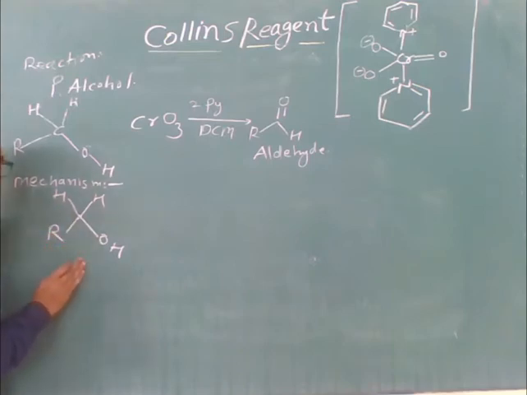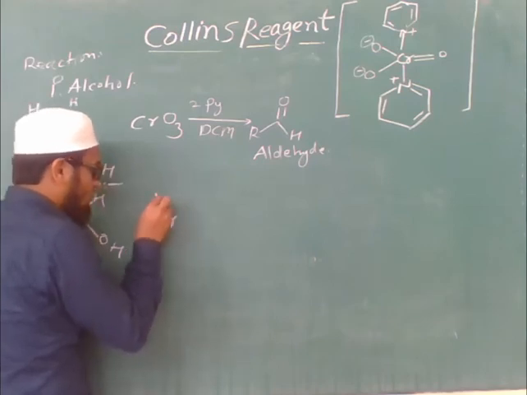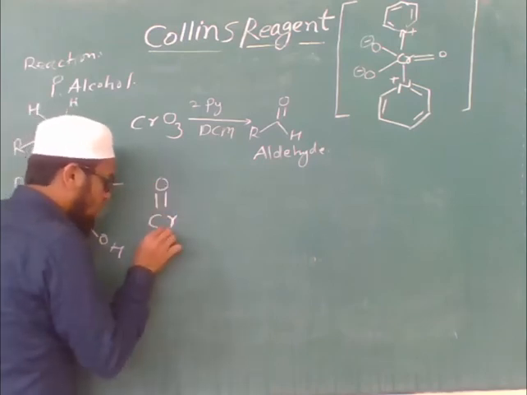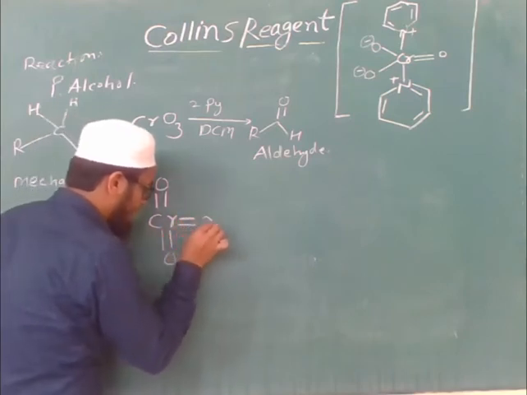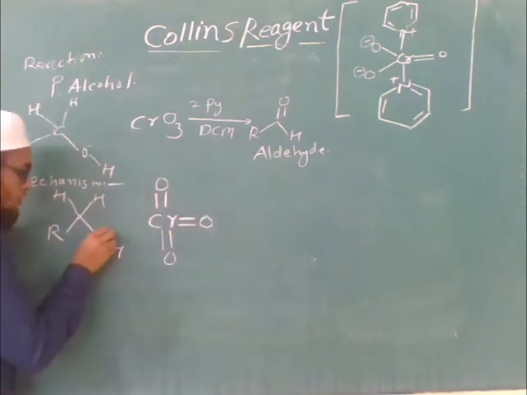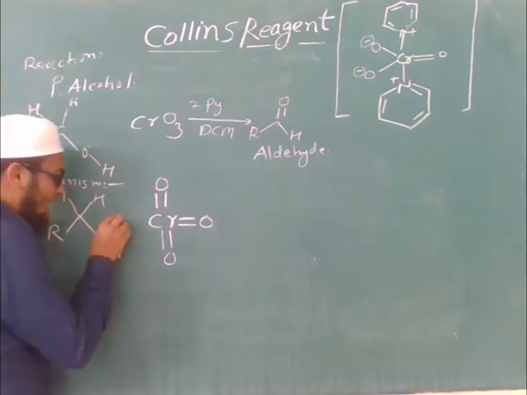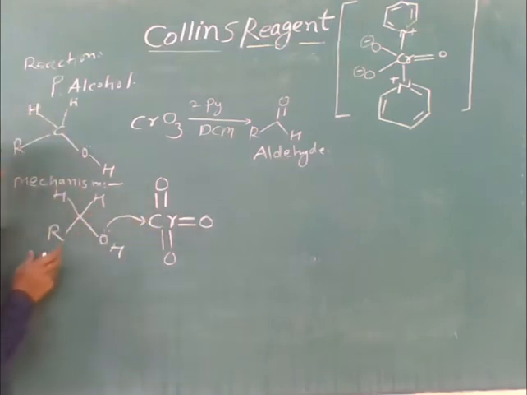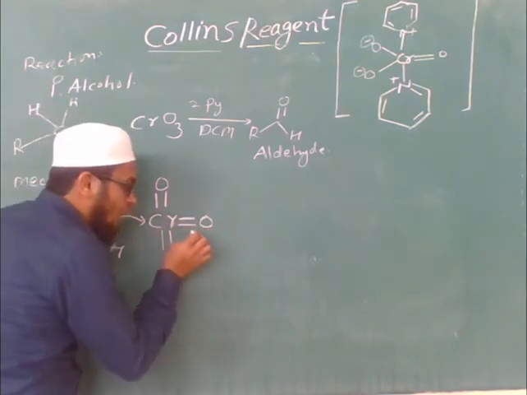It will react with chromium trioxide. The chromium has a +6 oxidation state. So the oxygen of this hydroxyl group will attack the chromium. This first step is known as nucleophilic attack. So one chromium oxygen bond will break,